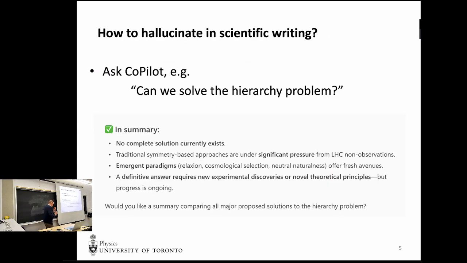So, my title talks about hallucinations, and we've all heard about large language models hallucinating and doing funny things. If you start typing into Copilot and asking scientific questions, a lot of the time you get things that look reasonable, which is not so unreasonable given that they scrape material off websites which have a fair bit of scientific work in them. But let me look at one. I asked Copilot, can we solve the hierarchy problem?